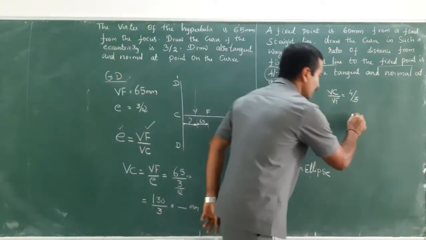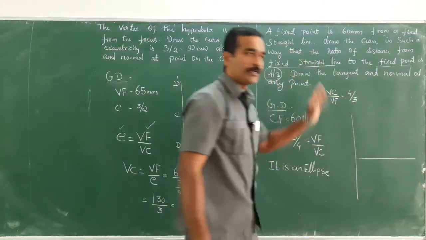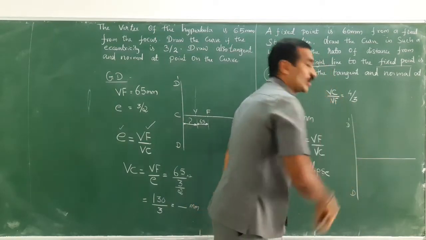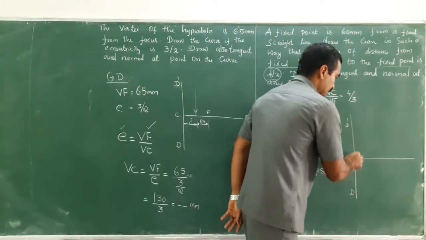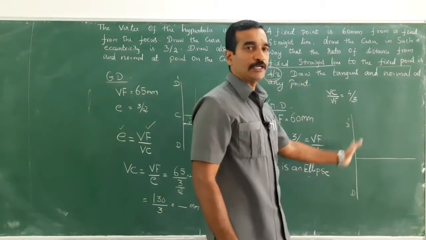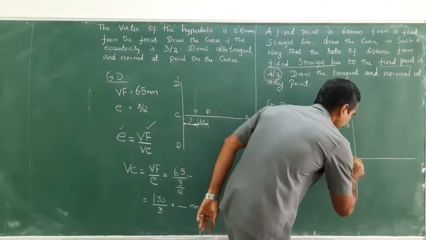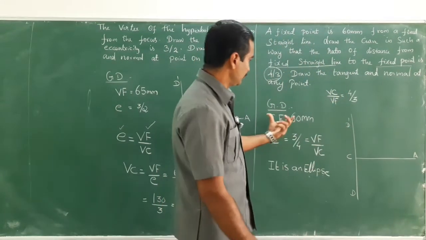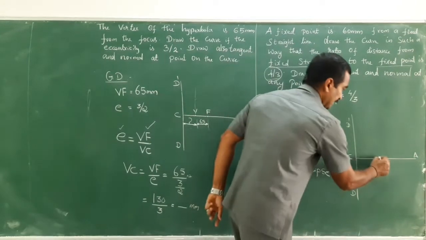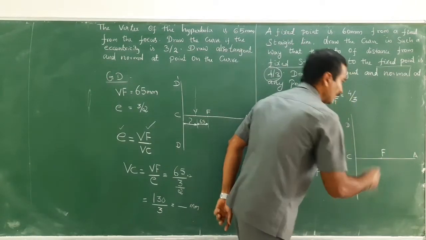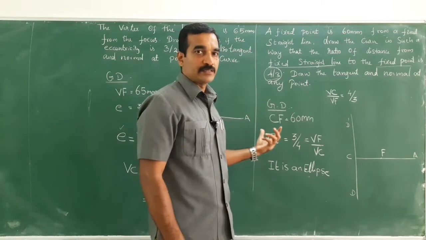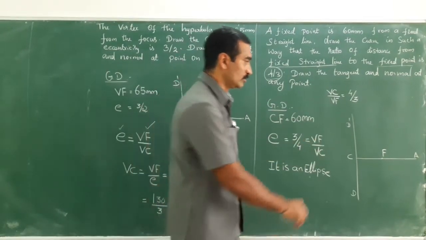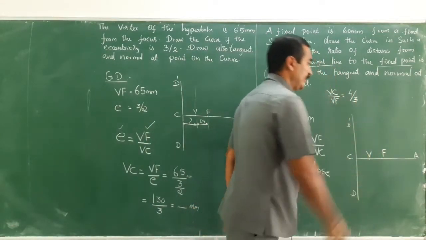So the same way, draw a vertical line which represents the directrix or fixed straight line, and a line drawn perpendicular to the directrix is the axis CA. Then mark the CF distance, then the number of divisions, that is the sum of the numerator value plus the denominator value, then you could find V.